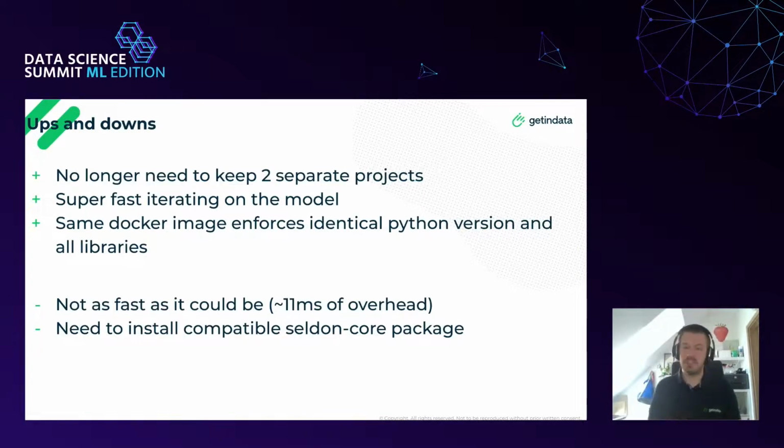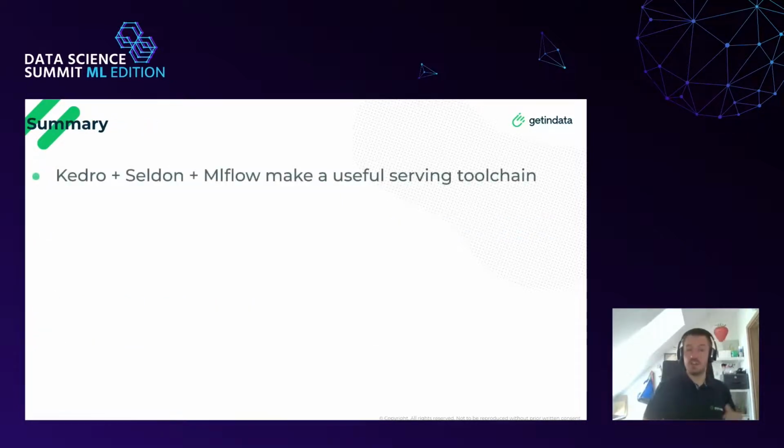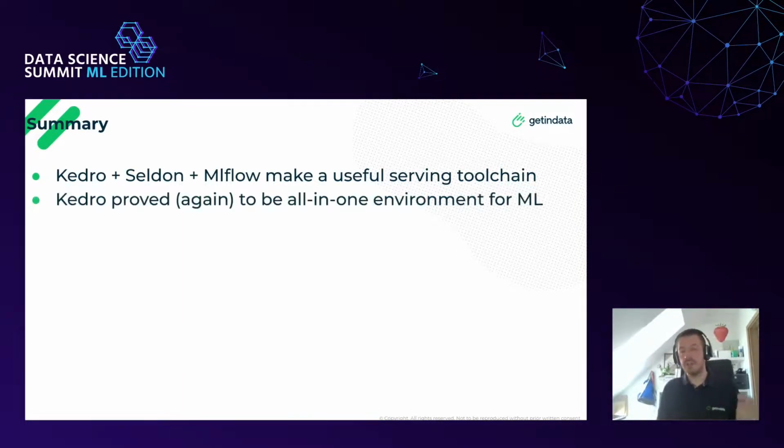This brings some gRPC IO dependencies that may not be compatible with all the libraries that you use. But anyway, short summary. Kedro, Seldon, and MLflow, these make a very useful serving toolchain. A few months ago, we didn't even think that this would be possible, but it turned out to be a really useful scenario. Kedro proved again, because in GetInData we use Kedro on many projects, and it again proved to